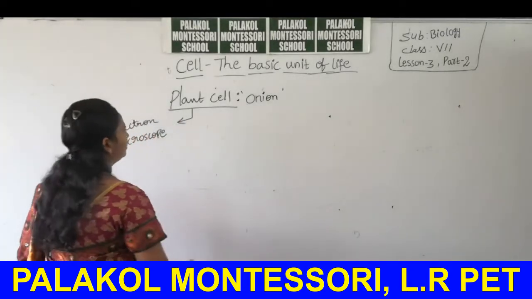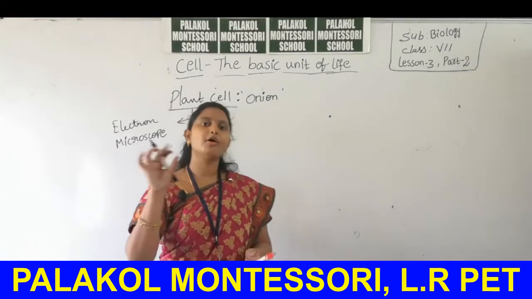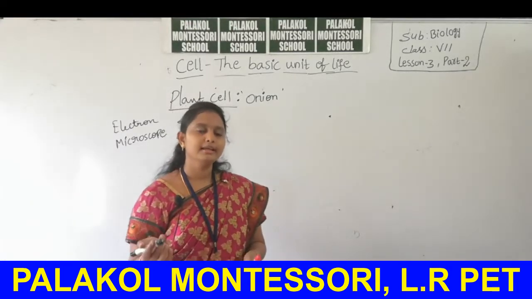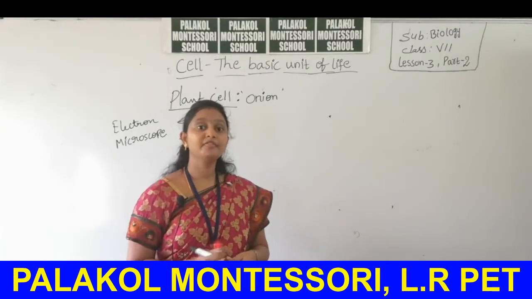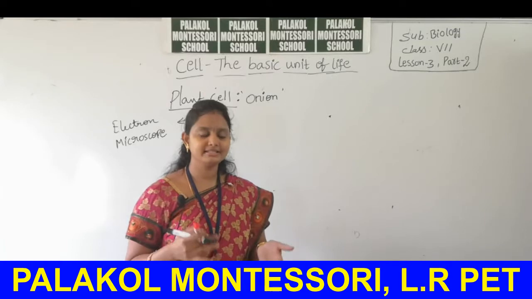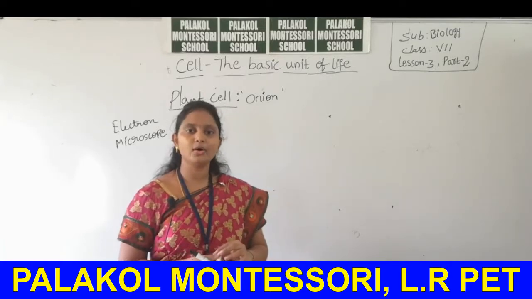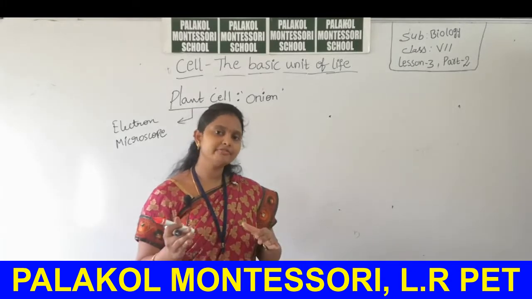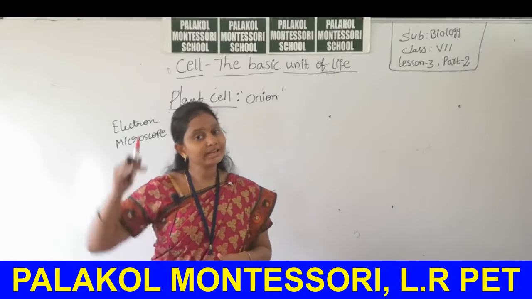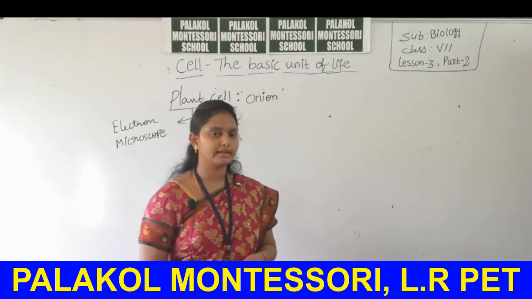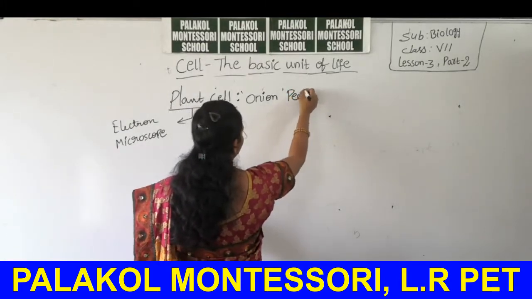If you take a compound microscope, the nucleus is observed as a dot-like structure. Before, in earlier studies, scientists discussed that the nucleus is represented as a dot-like structure. First of all we want to discuss this, then afterwards I will discuss the detailed structural configuration of the nucleus. First of all, take an onion peel.